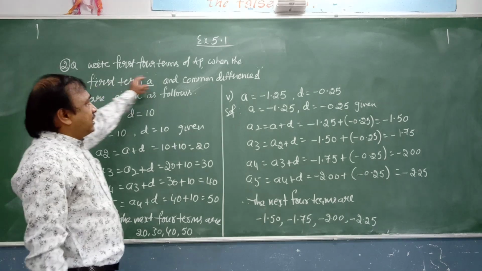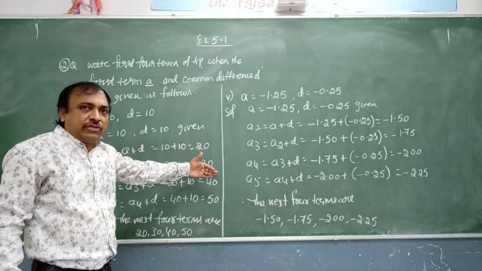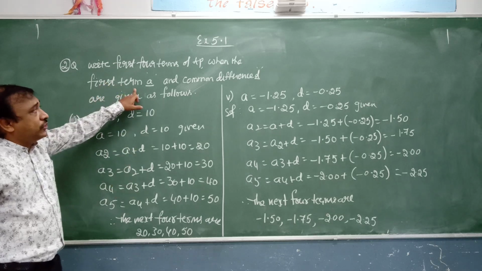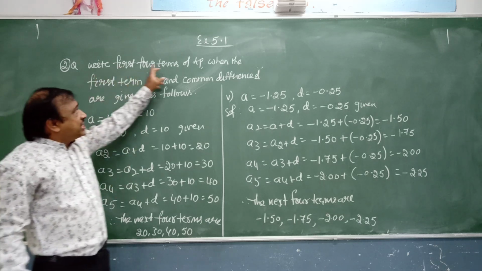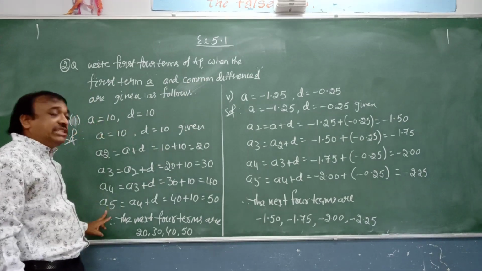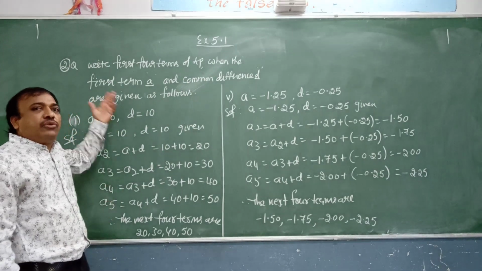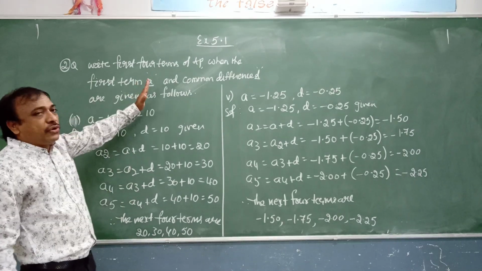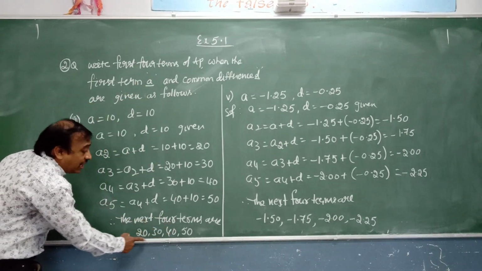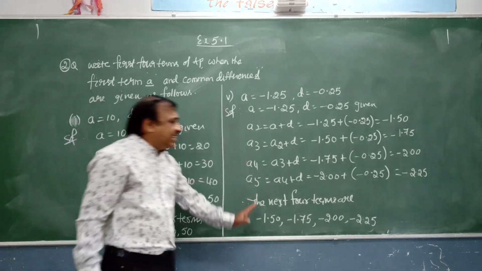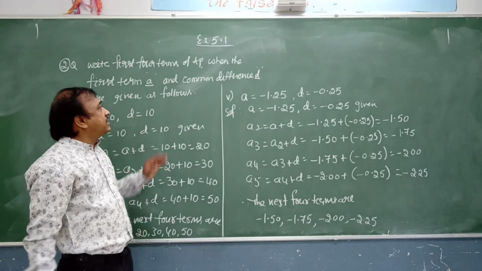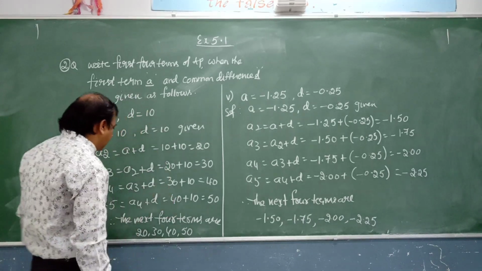See here, he is asking the terms. I hope you understood what we are doing. Next four terms. Actually, he asked the first four terms. Write the first four terms of the AP. Including this means we need not calculate A5. Excluding this, because first four terms means even 10 will be included. The next four terms are this, and here the next four terms are this. But he is asking the first four terms.